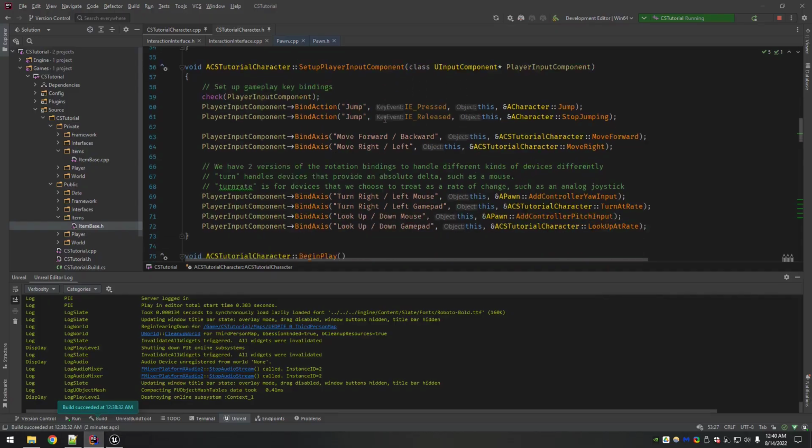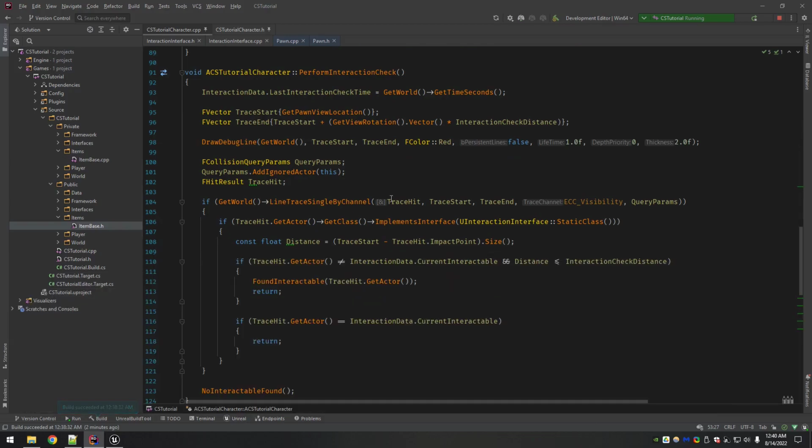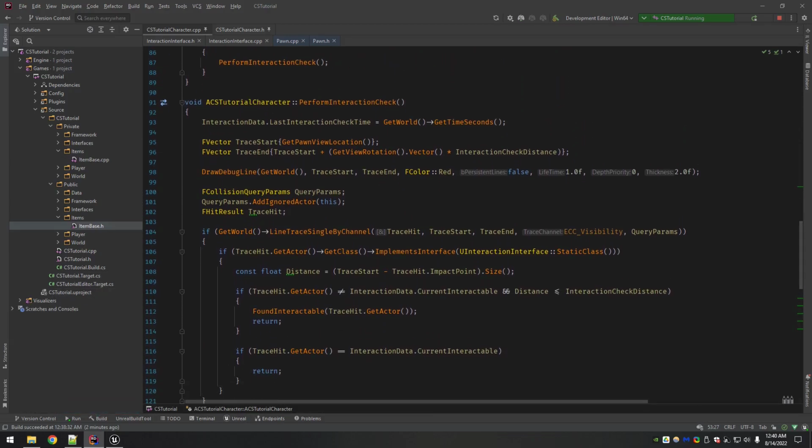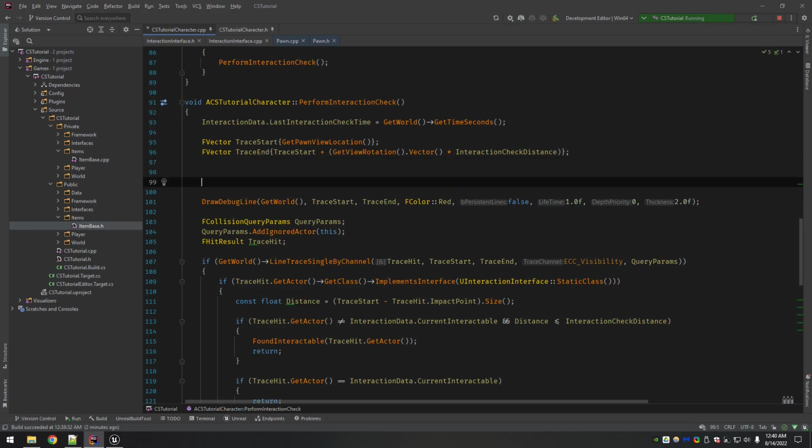So if you come back into our PerformInteractionCheck function, where we are doing the line trace, before we ever even call the line trace, before we ever even call the debug line, I'm creating a float, and it's called LookDirection.